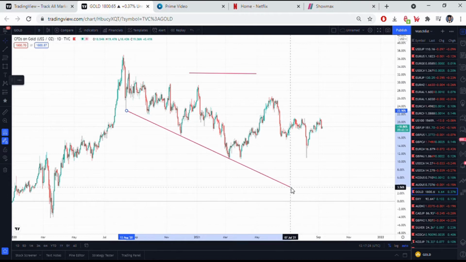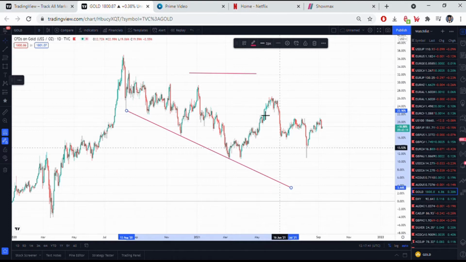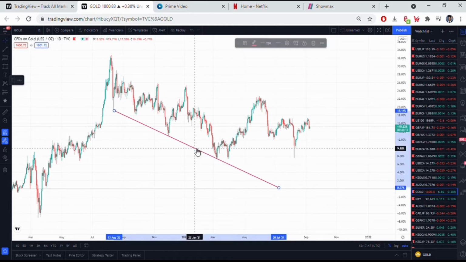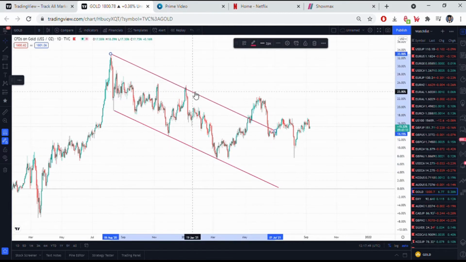You make sure that your trend line, when you draw it, touches at least 3 or more touches for you to consider it a trend, because sometimes you can have 2 touches and then the channel is broken, or 1 touch then the channel is broken. You know what I'm saying? And now you clone it and put it on the other side.